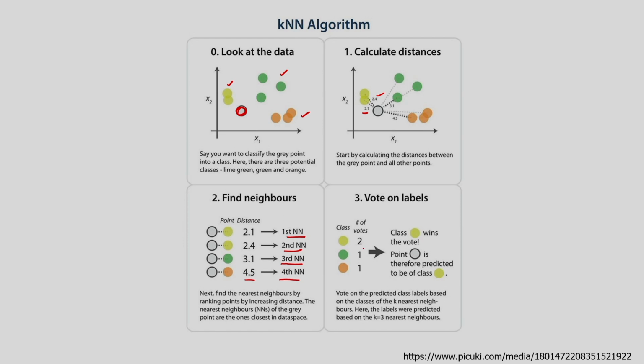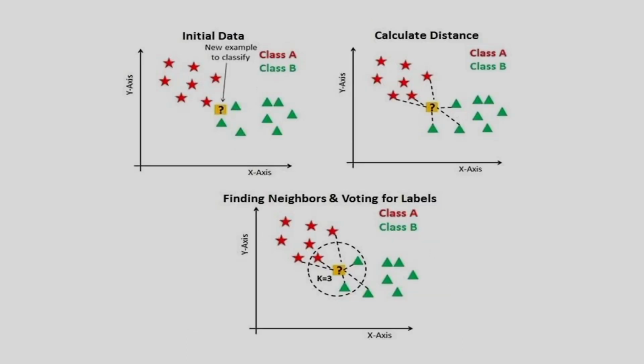In this case we have to determine the number of votes. Corresponding to yellow, 2 times it is the nearest neighbor, so I am getting 2 votes. Corresponding to green, I am getting 1 vote, and corresponding to orange, I am getting 1 vote. So I can count the number of votes, and based on this the new data point can be assigned to a particular class. Again, this new data point I have to classify, with two classes A and B, and based on the minimum distance it is assigned to class A or class B.